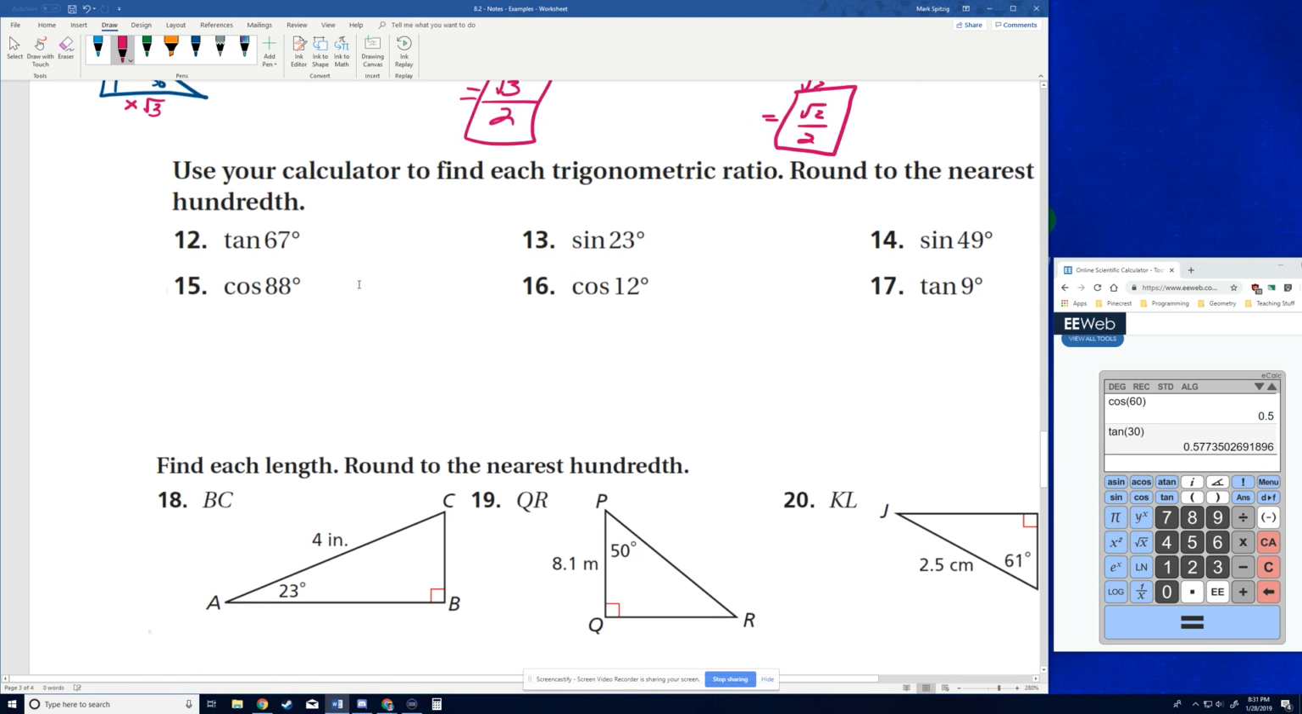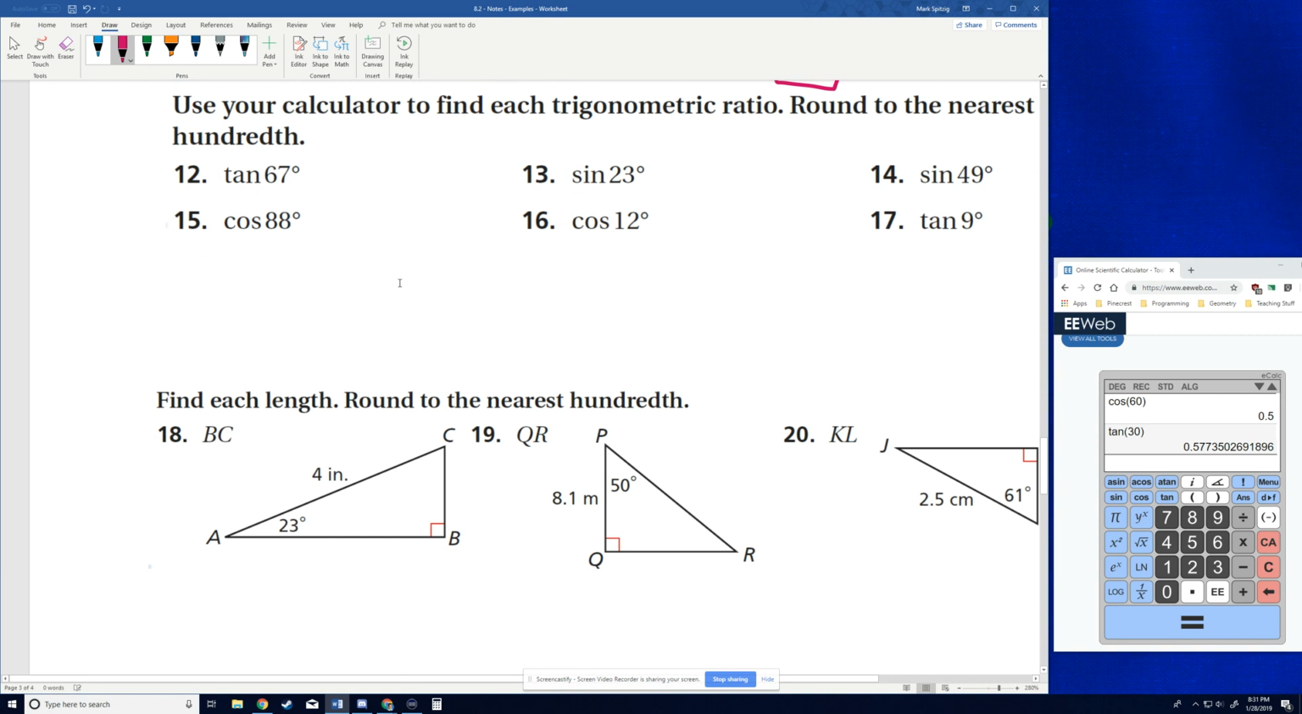All right, in this case, use your calculator to find each trig function ratio, rounded to the nearest hundredth. This is a matter of plugging them into our calculator, so maybe we can do this pretty quickly here. I don't know how to clear this one. Hopefully it works just by doing this. Tan 67. What are we rounding to? The nearest hundredth, it says, 2 decimal places. So that's going to be